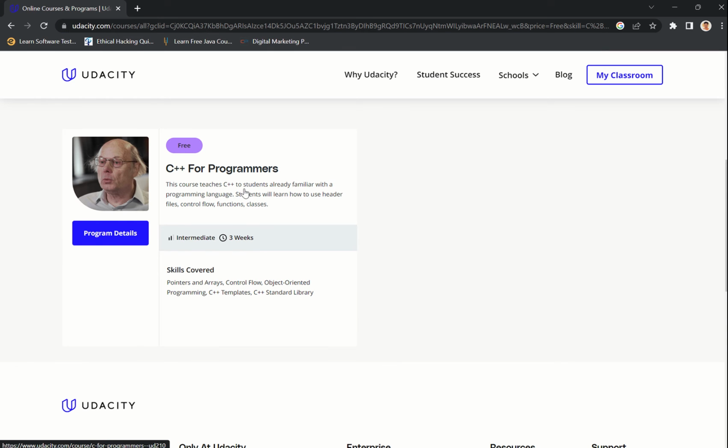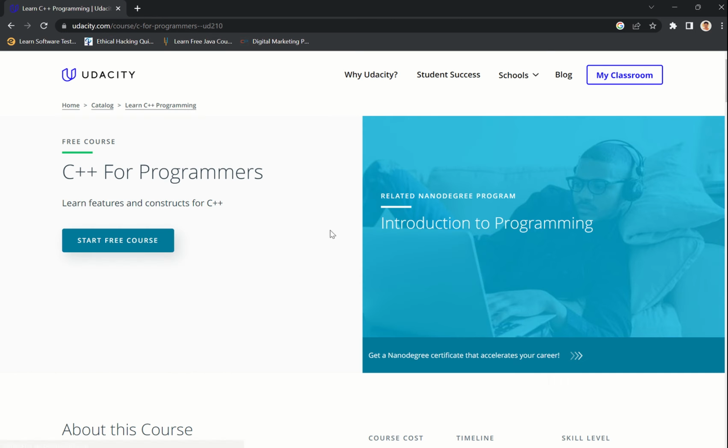This course teaches C++ to students already familiar with a programming language, and students learn how to use header files, control flow, functions, classes. This course is for the intermediate level, and the course will be completed within 3 weeks. The skills covered in the course are pointers and arrays, control flow, object-oriented programming, C++ templates, and the C++ standard template library. If I click on the program details, we can see this course is for free and we can learn